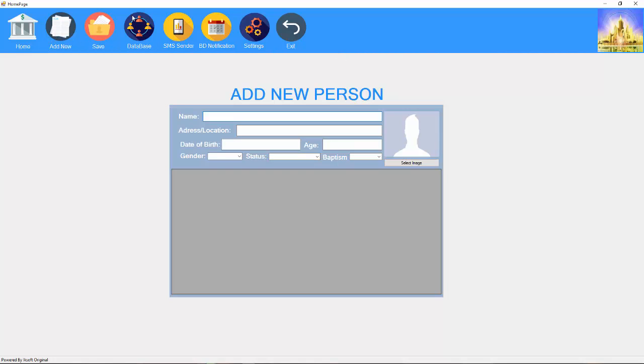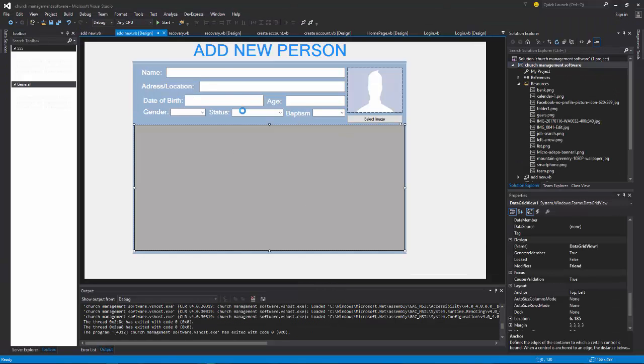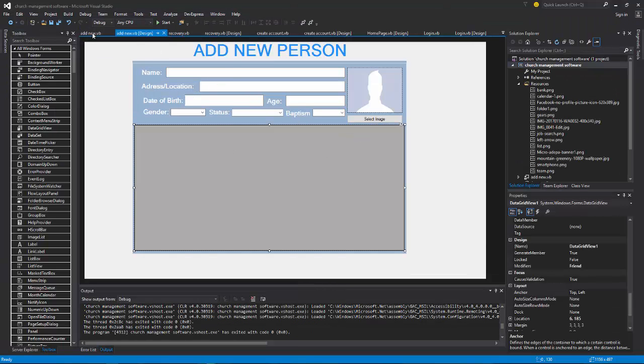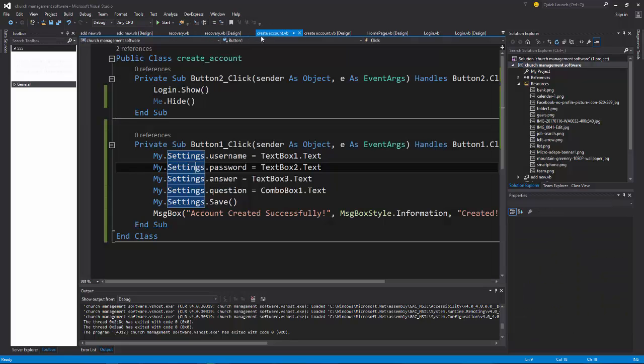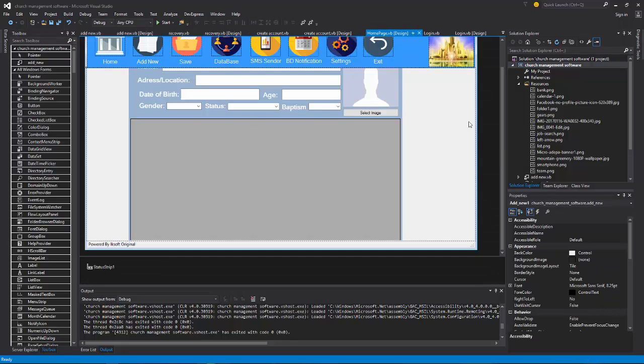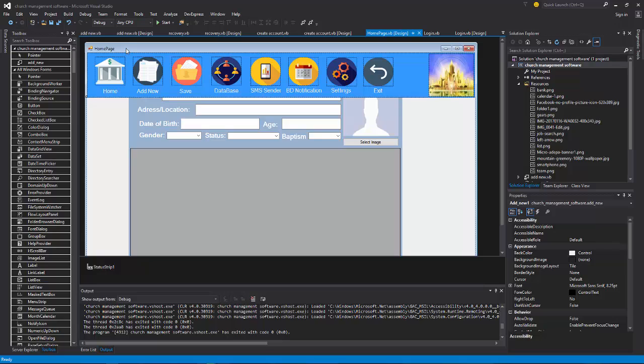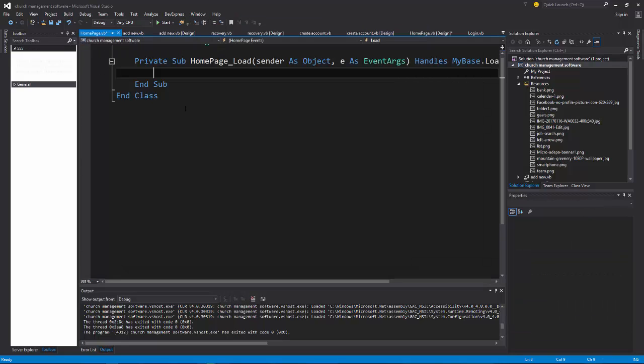But I want it to link to, let's say, the add new, right? I want to link it to the add new. So what is going to be like is, let's go to the add new design page. I'm sorry, let's go to the home page. Then we double click on the home page form load, home page load. So when the home page is loading, we want